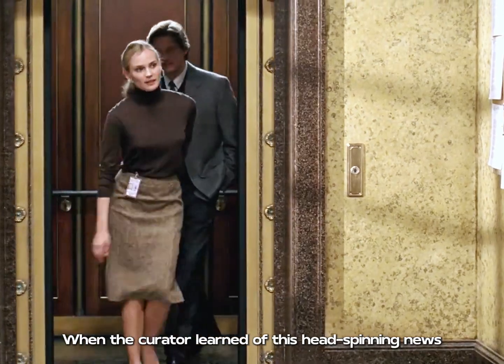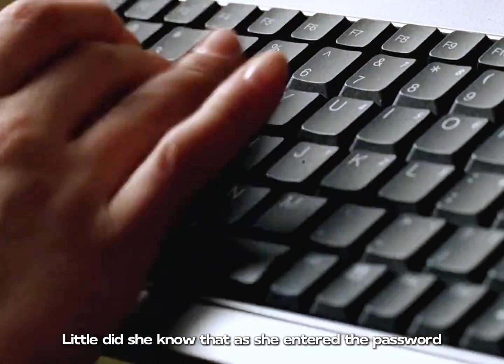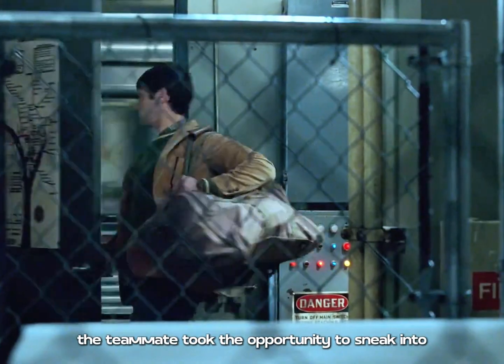When the curator learned of this head-spinning news, she immediately went to the safe and opened the keyboard. Little did she know that as she entered the password, the fluorescent powder on her hands was left on the keyboard. While the curator entered the vault to check the situation, the teammate took the opportunity to sneak into the